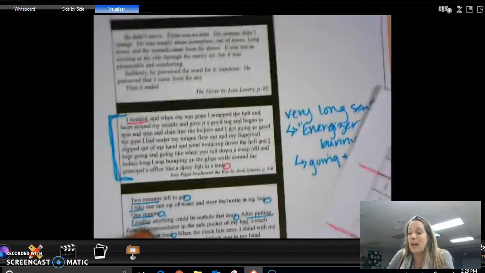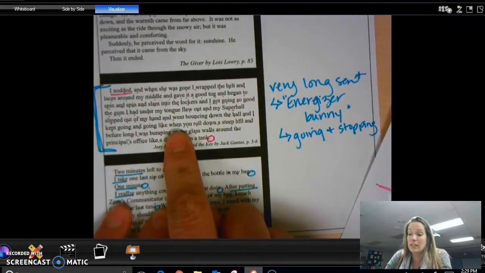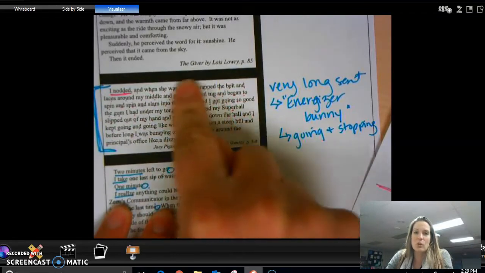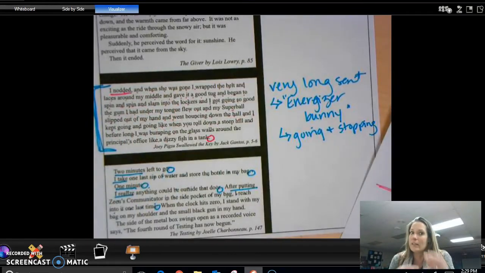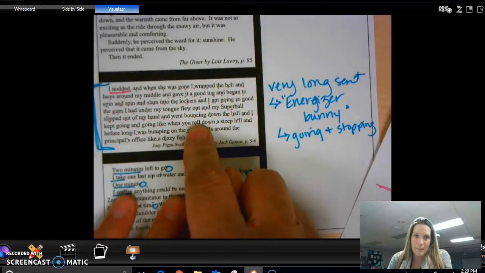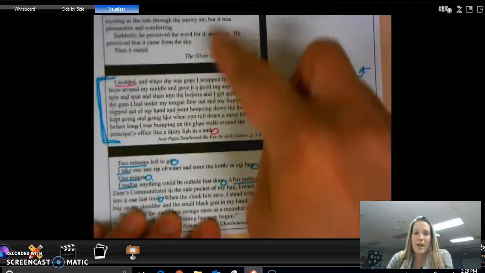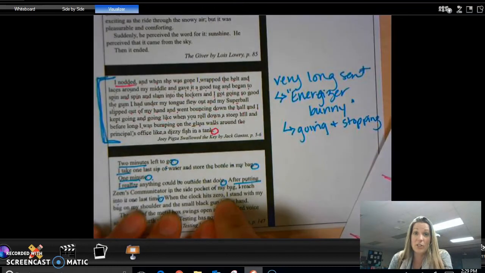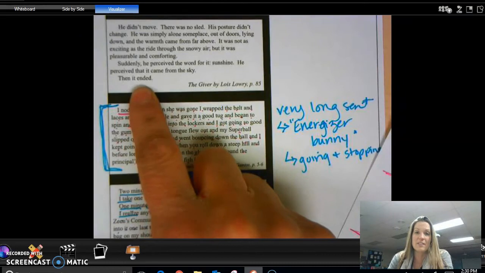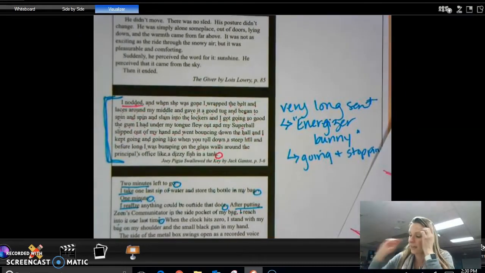Okay, maybe you have a part where your character is running, like I said, through the woods, or they're kind of going crazy and things aren't stopping and they're going insane right now and their brain is just going like this and this and this and this. And maybe you want an intentional run-on. Okay, these 2 also have examples of all of this. So take a look at these last 2 chunks here and look at what the writer did to vary the sentence length in these different texts.